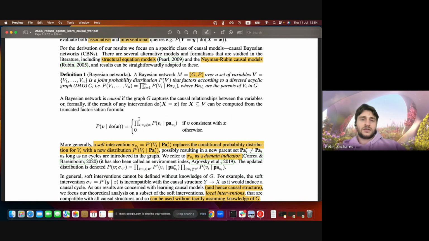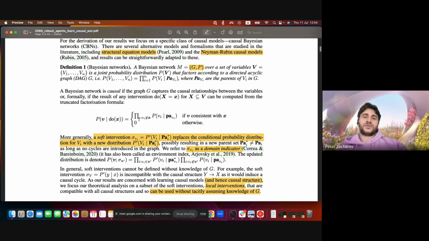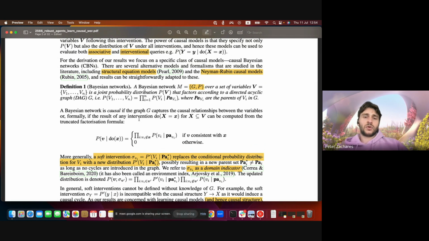Okay, they describe two interventions. These are two ways of changing the world such that it changes how things act within the world. One is by forcing one of the random variables, or a set of the random variables in V, so X in V, to take on a specific value x. That's called a hard intervention. An impossible hard intervention for our world could be that you fix the temperature of the world to always be 23 degrees, which would be quite nice, but impossible. So that's a hard intervention.